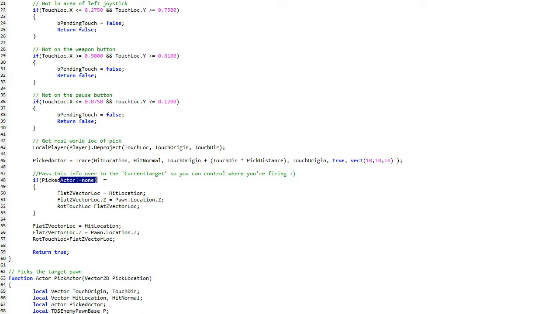And if the pick actor didn't equal none, doesn't matter what it was, we get the rotation touch and make sure it's just the same Z height as our own pawn. Now, what that actually is, that's passed to our player walking state. On player walking state, we check to see whether there's something called TDS target. If there is, automatically fire onto it. If there's no TDS targets, then